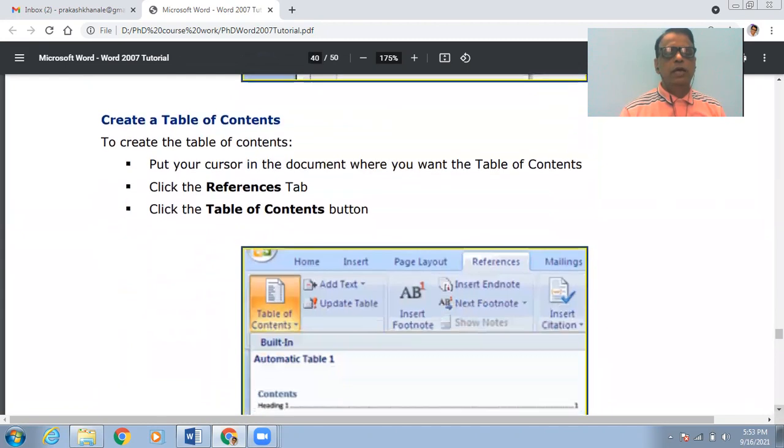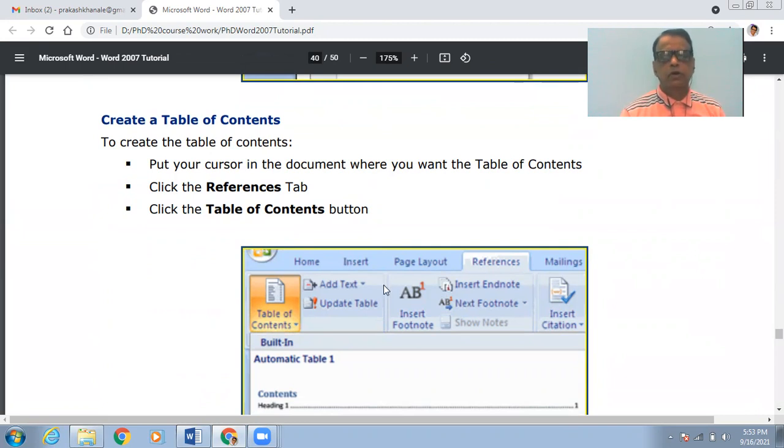Now, whenever you want to create a table of contents, you have to put the cursor in your document where you want the table of contents. Normally, the table of contents will appear before the text of the file. Then you click on the Reference tab, and then click on the Table of Contents button.